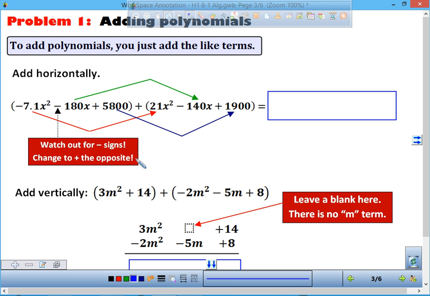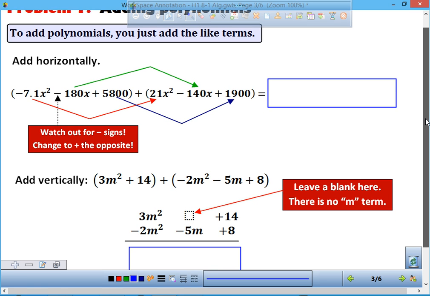Adding and subtracting polynomials. When you're adding polynomials, you're adding like terms. That's basically it. It's simplifying and adding like terms. We've done this a lot in the past. It's just going to get to be a little bit more this time. So if you look at the first one,